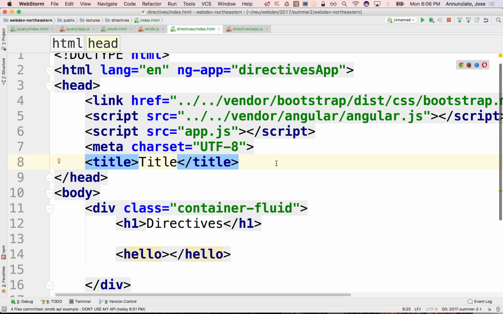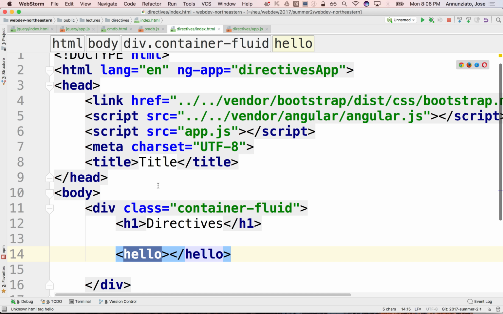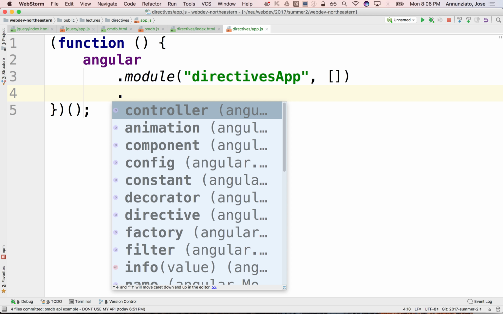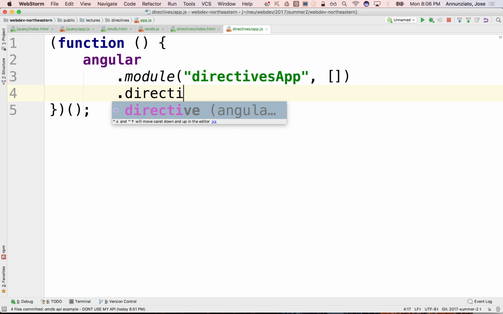But if you remember, it's not only the browser who parses the HTML document, the DOM. Angular also parses the HTML, the DOM, the document. So Angular could take a look at that and say, ooh, I know what that is. I could do something with that. I could associate behavior to this tag. So let's do that. We can do that here in the app by using the directive